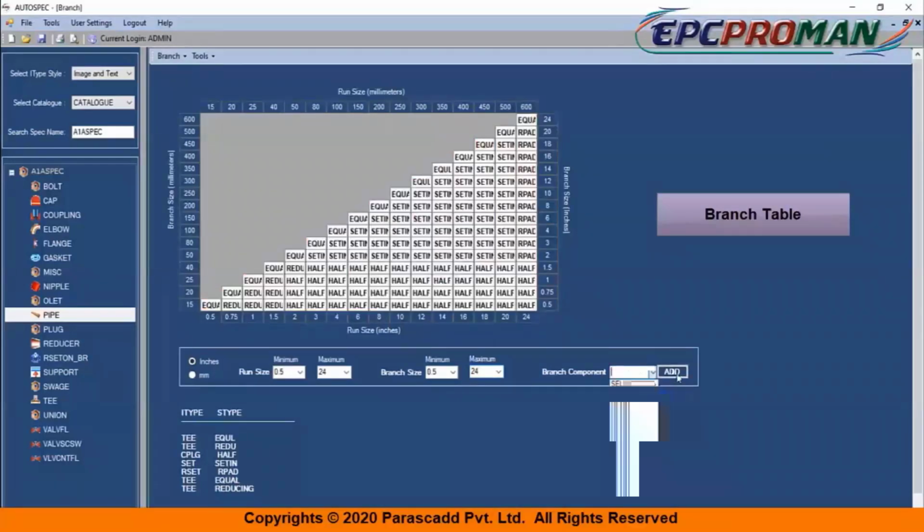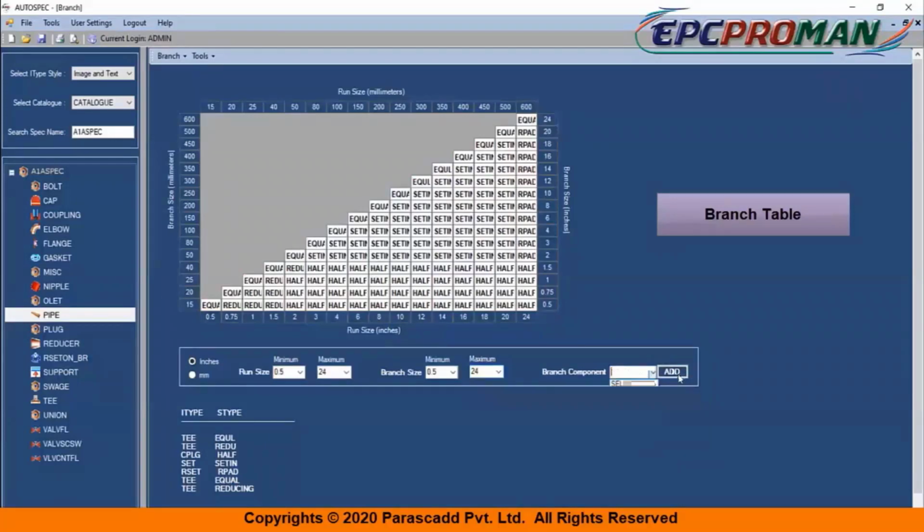So here you can see for the pipe range, the qualified branch components. For example, for a 12-inch run size to a 2-inch branch size, we have a setting which is qualified for our branch reinforcement.